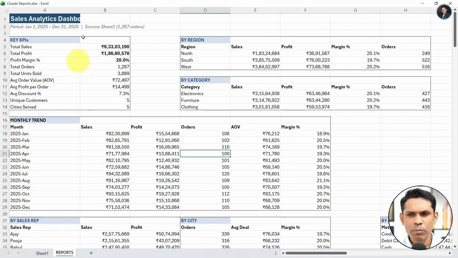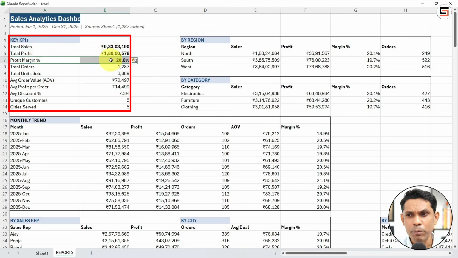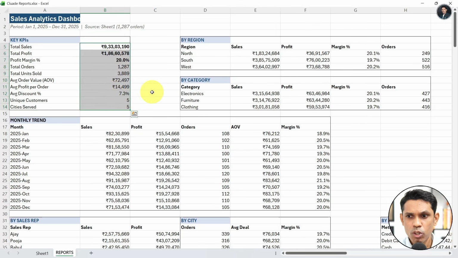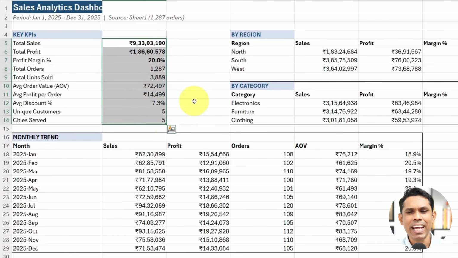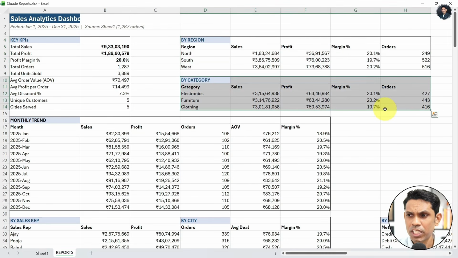Now, why am I calling this a next level report? Because normally we spend hours creating such reports. Here you can see total sales, total profit, total margin are calculated. Formulas are applied for each of them. If you do this manually, it will take a lot of time because first you have to calculate everything and then apply formulas. After that, there are reports like sales by region, sales by category, sales by profit, margin, orders,